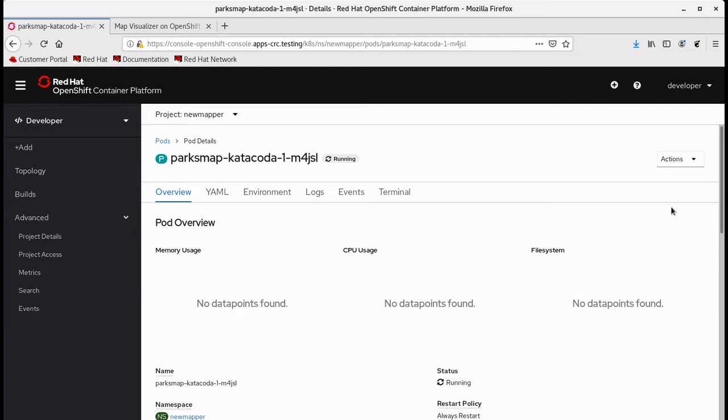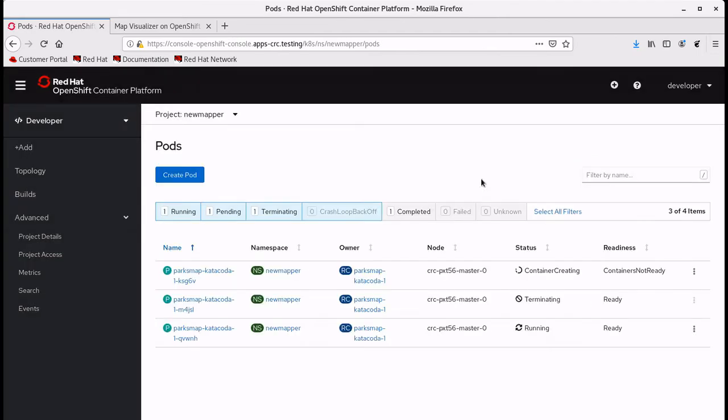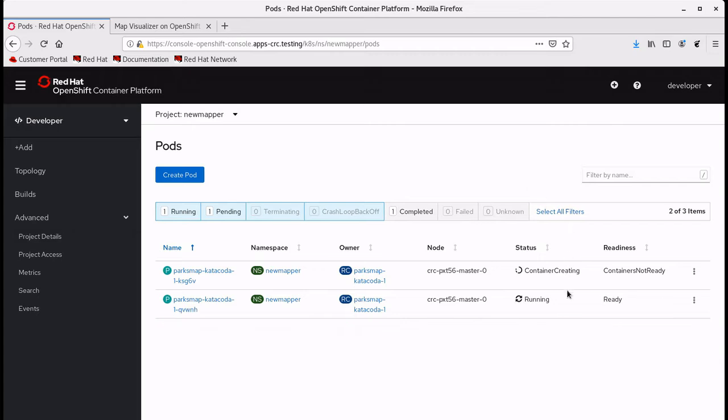Let's also consider resiliency failover for the moment. Now, what would happen if one of these containers went down? Well, let's just go ahead and let's delete this particular pod that this container is in. And it says, do you really want to do this? And it's like, yeah, I want to do this because I'm playing show and tell. And we notice that one just terminated right away. But you notice its replacement's already being created, and just that quickly it is now up and running, and we